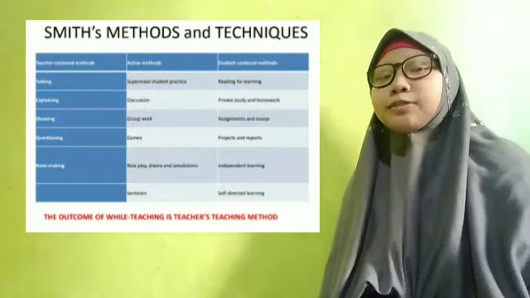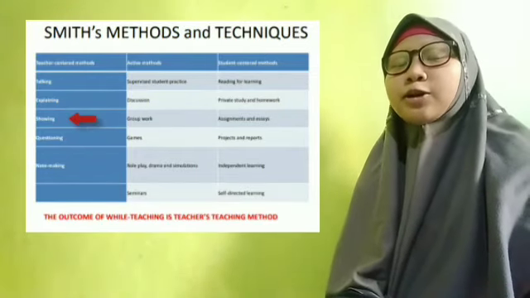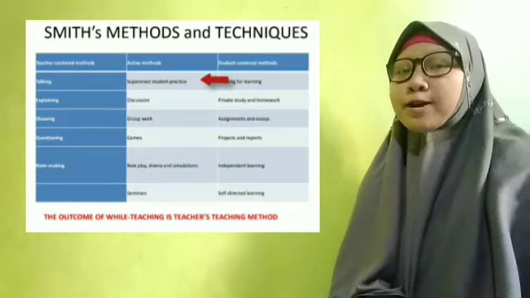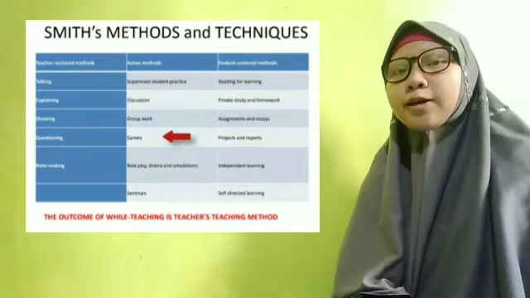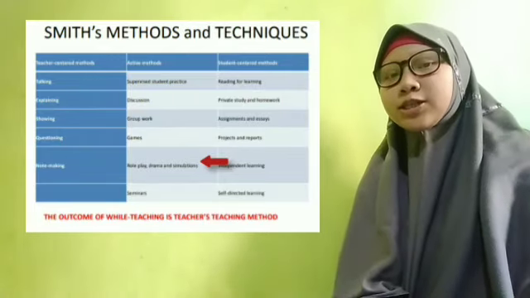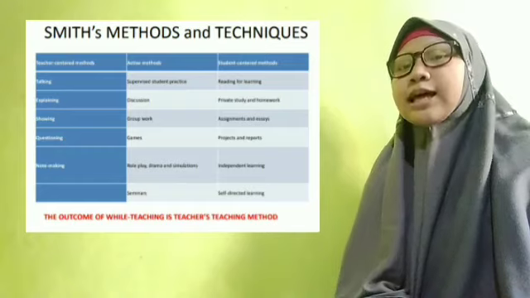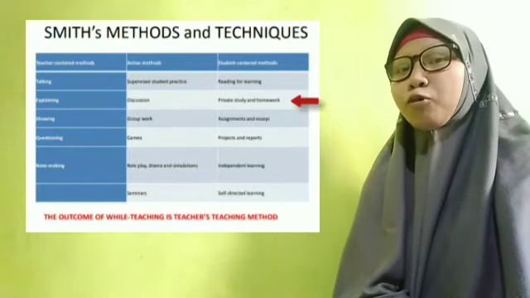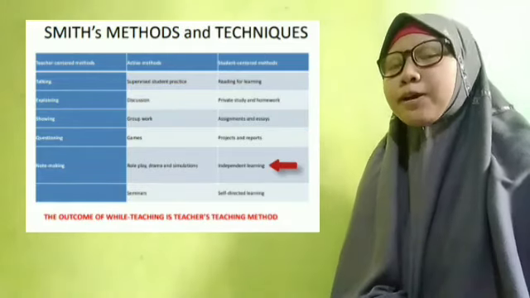In teacher-centered method, there are talking, explaining, showing, questioning, and note-making. In active method, there are supervised students practice, discussion, group work, games, role play, drama and simulation, and also seminars. In student-centered method, there are reading for learning, private study and homework, assignments and essays, projects and reports, independent learning,